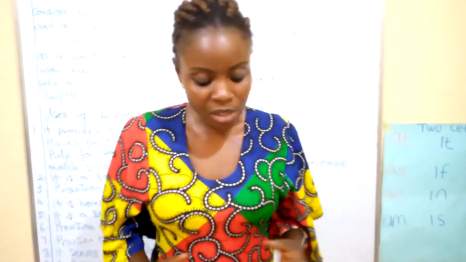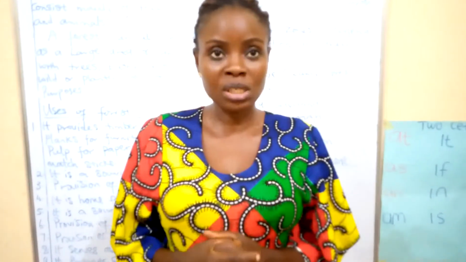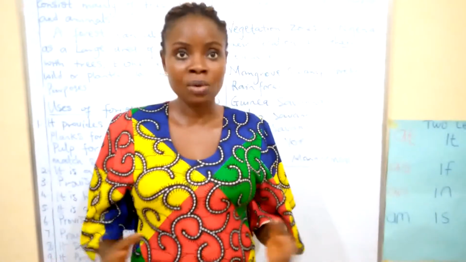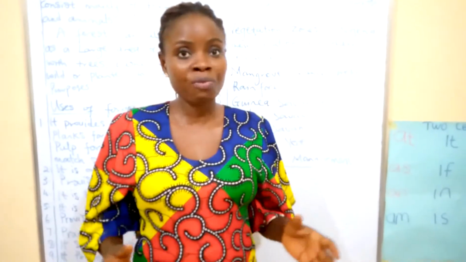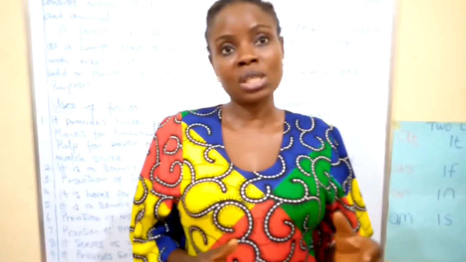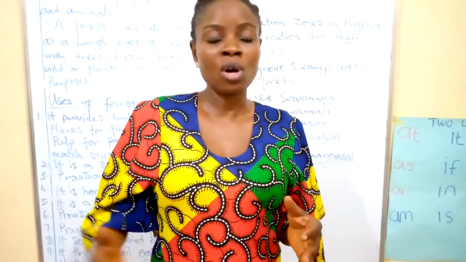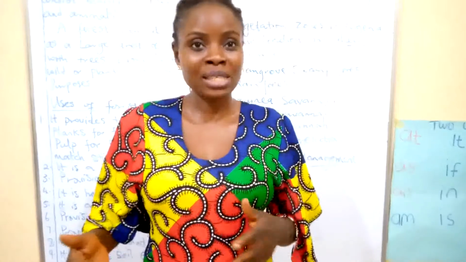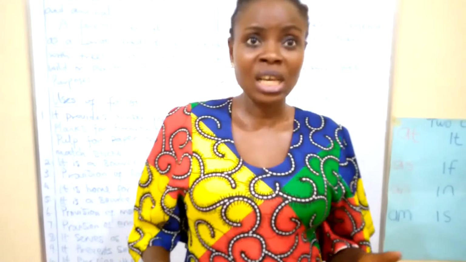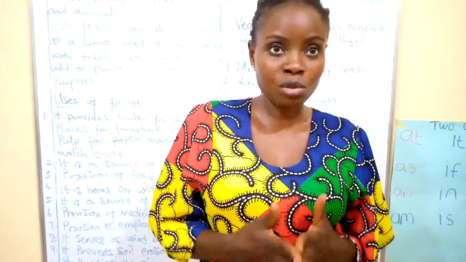Number 3 is rotational exploitation. How do we do this? If we have a forest land, we divide that land into different partitions. When we fell trees in one of the partitions, we give room for the other partitions to develop. By the time we come back, it takes years. If it's a very large forest, it takes up to 40, 50 years to go back to the first partition to fell trees there.